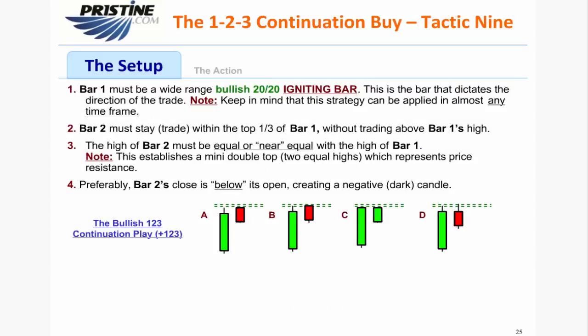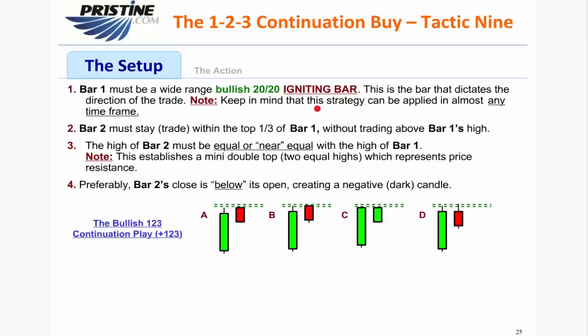The 1, 2, 3 continuation play. This is not just something that you would look for on a daily chart. This could be played on intraday time frames as well. So this is the only guerrilla tactic that you can actually play on a 1 minute, a 2 minute, a 5 minute, etc. So the setup is bar number one has to be a wide range bullish 2020 bar igniting